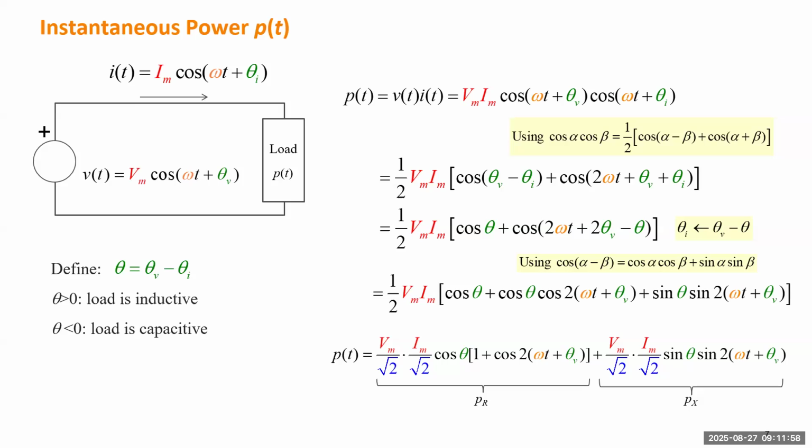On Monday, we introduced the instantaneous power for this very simple AC circuit. Instantaneous power is basically just defined as the product of the instantaneous voltage and current. You just multiply their values time point by time point until we get this expression. So for this expression,